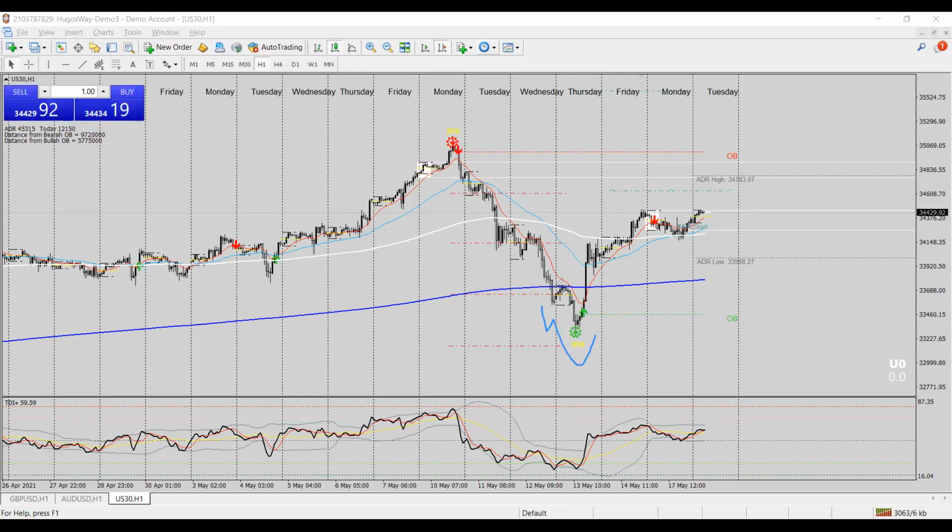And then look again, we have a multi-session W because it started on Wednesday, finished on Thursday to go long. And this one was actually 1, 2, 3 days going short. So I'm expecting 1, 2, 3 days going long before the market goes back down again. Okay, that's exactly what I'm expecting. And we can see here,